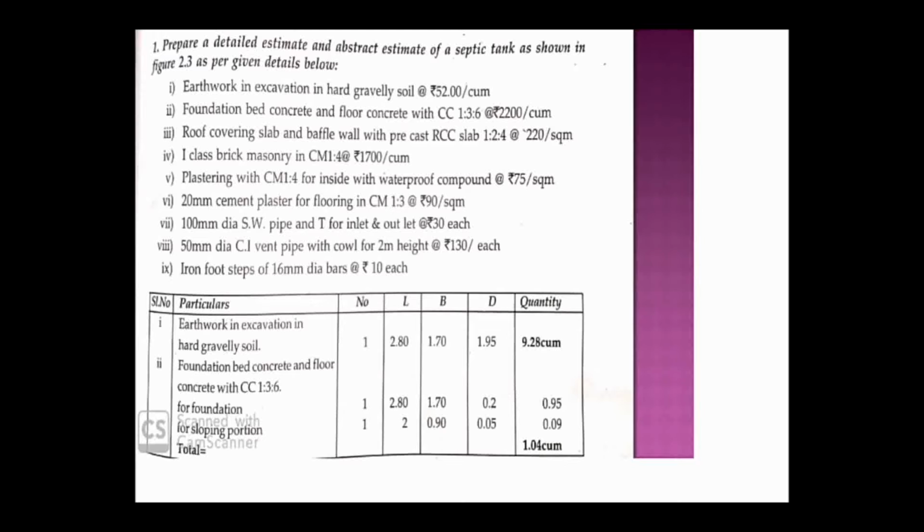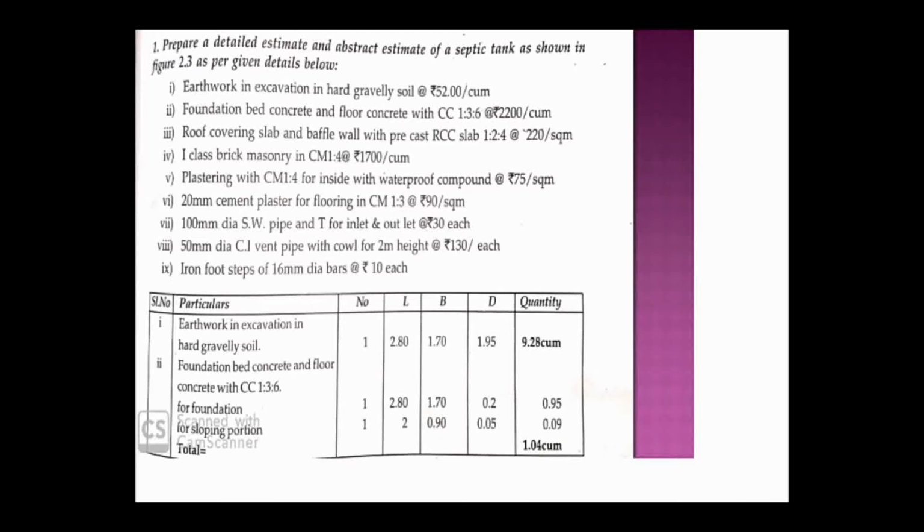Number is how much? One number. That means whole excavation we are going to do at once, so one number. And then length, as I told, 2.8, that is 200 plus 40, right? 280 we got, that is 2.8 in meter. And then breadth we got is 90 plus 40 plus 40, right? So that is 170. And then depth also I had told 30, in the mid portion 140 plus 25 will be getting 1.95. This is the depth we got.